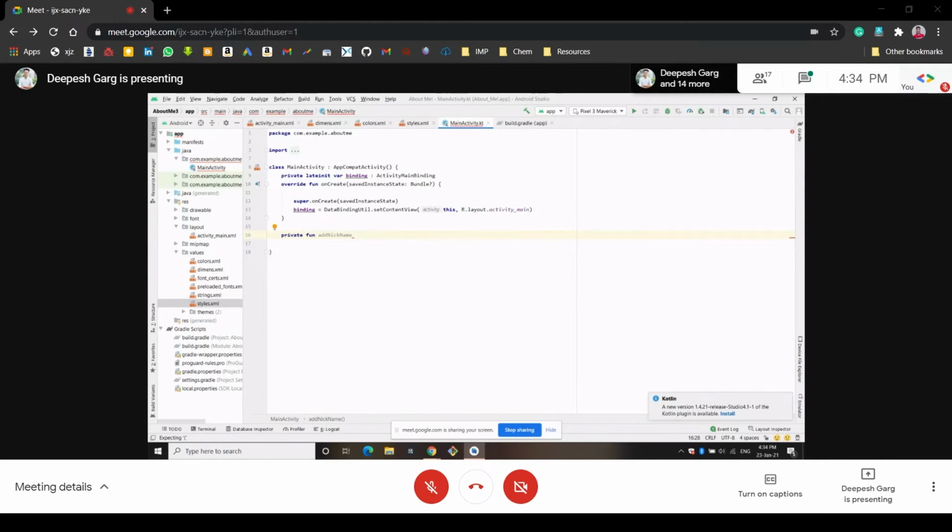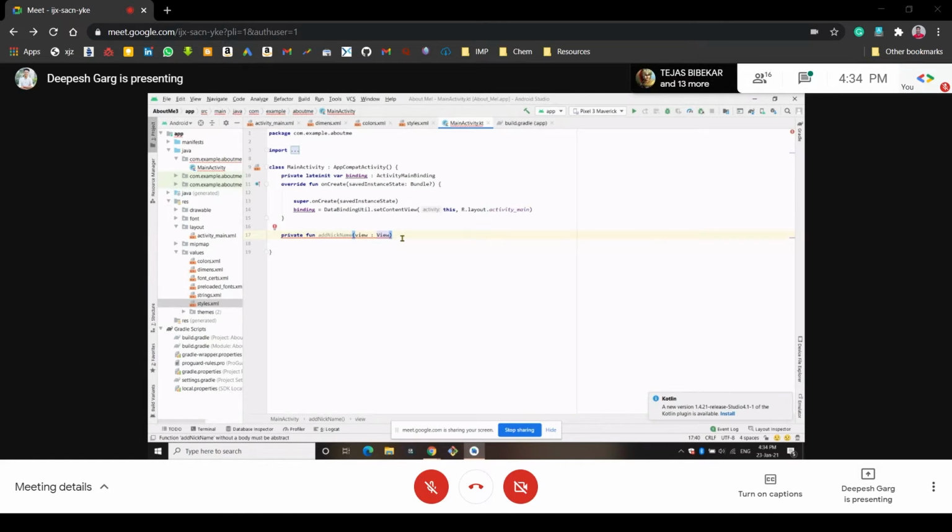So we have created one function, and we want to give some arguments to this function. What type of argument will it get? It will get an argument of a view. Whenever a view is clicked, the view will go to this function and it will execute this function. So it needs one argument, and we will give it one view. It can be any view. We have defined this argument, and we also need to write its type. So it is of type View here. Okay, so yeah, we have written this.